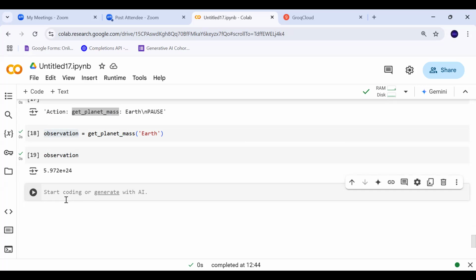We are not going to the user to decide what to do now. We are going to the large language model. This is what an agent does. It automates that loop. So once we execute this function, we will give the observation to the LLM itself. So I need to design a new prompt. The new prompt is like this, let me copy.